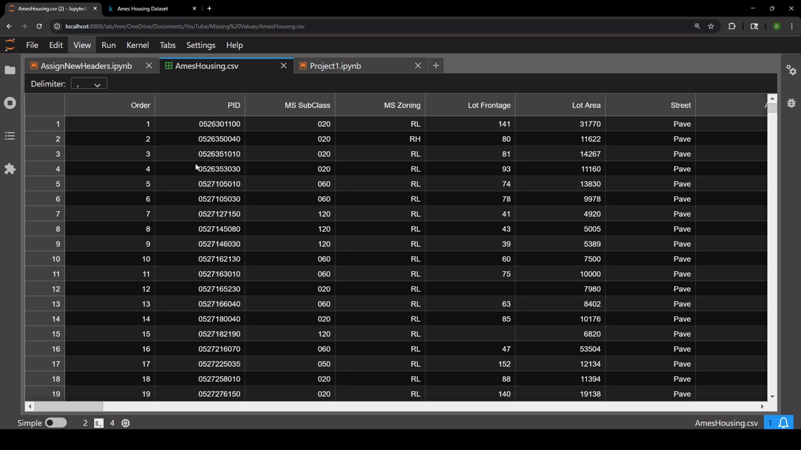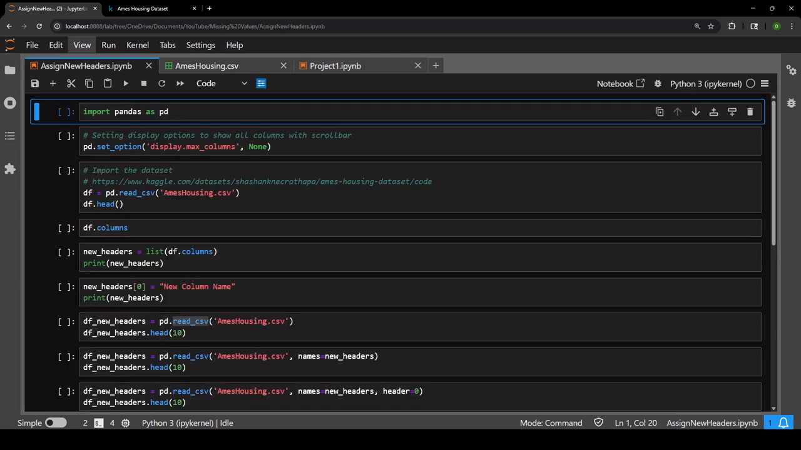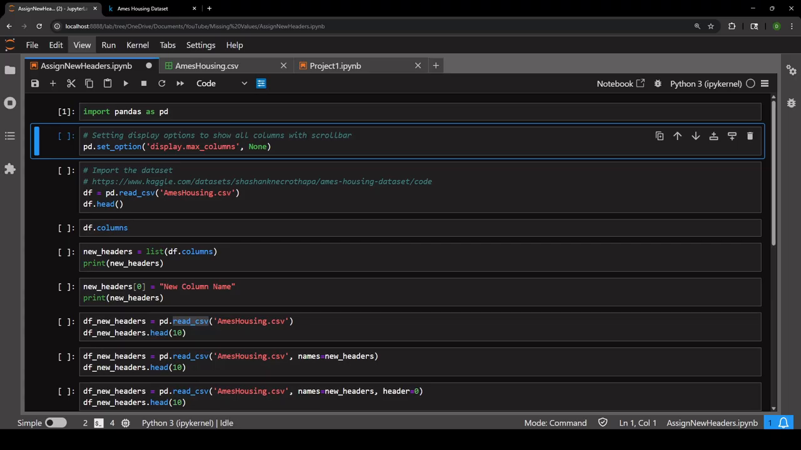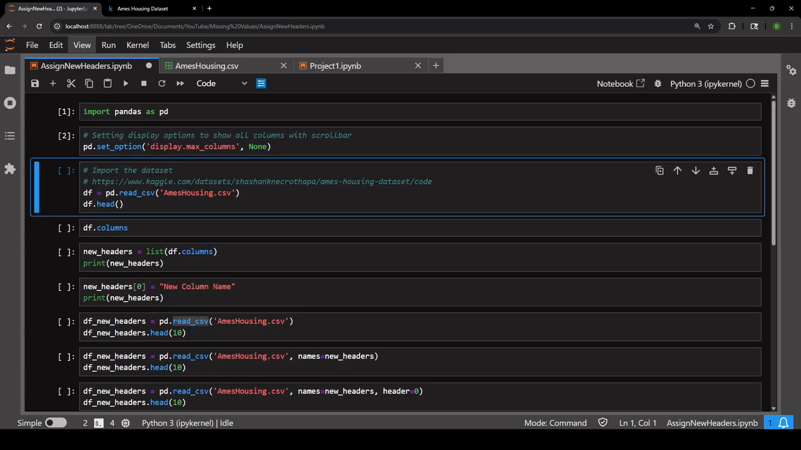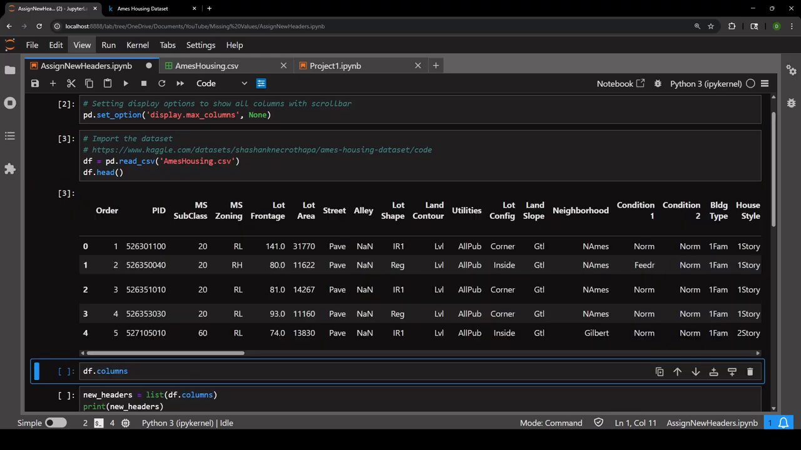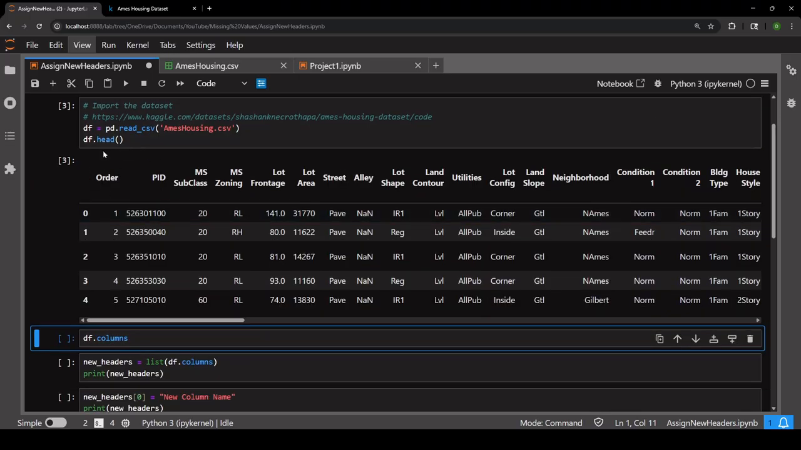I'm going to be putting the link in the description where you can get the data set. So going back to the Jupyter notebook here, I'm going to run the import statement for pandas, and then I'm going to set an option that allows me to view all of the columns of my data set. Now I'm going to read the CSV file, the AmesHousing CSV file, and here we have the head of that CSV file where you can see all the headers,